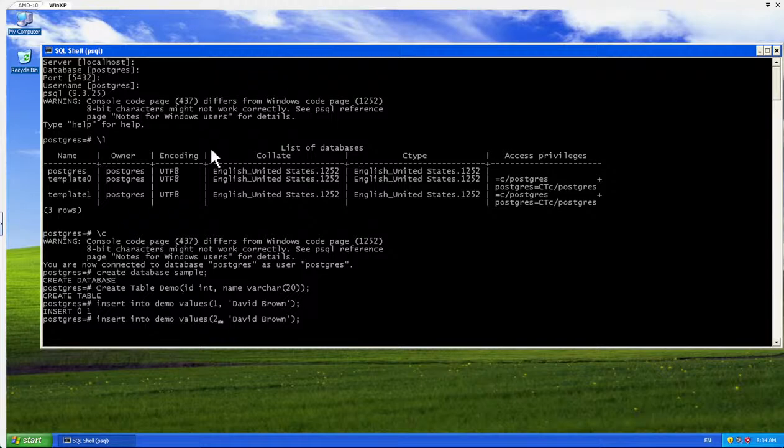Now as a second entry, I will give the ID as number 2, and then Brett Jackson is the name. See, it got a second entry as well. So select star from